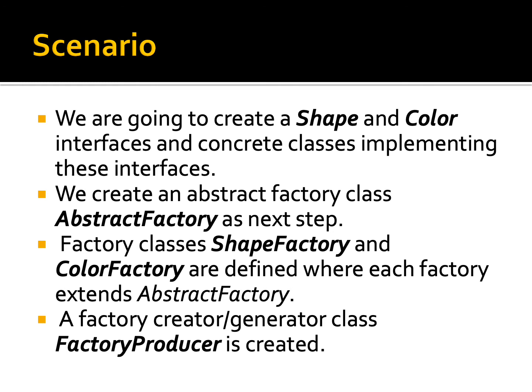So now in our drawing framework we have two objects or two products. The first is the shape and the second is the color. And let's see how we will use the abstract factory design pattern and how we will implement the participant classes for this scenario. We are going to create shape and color interfaces and concrete classes implementing these interfaces. We will create an abstract factory class which will be the super factory class, and inside this super factory class there will be two concrete factories. The first is the shape factory and the second is the color factory.